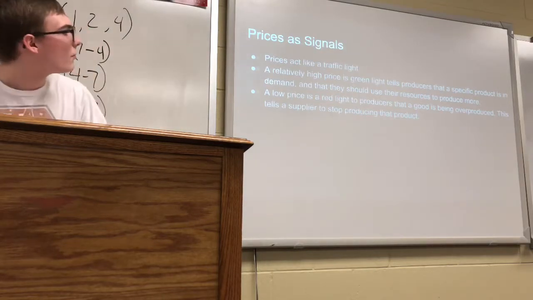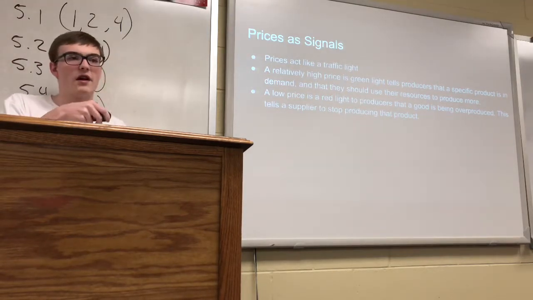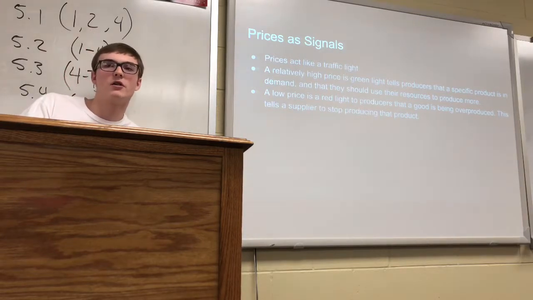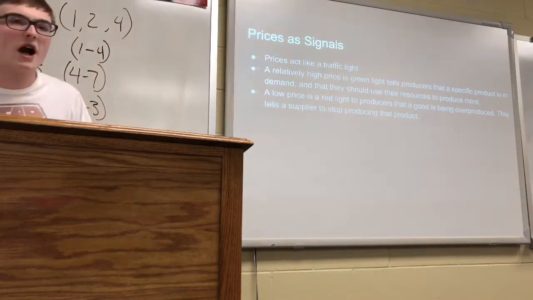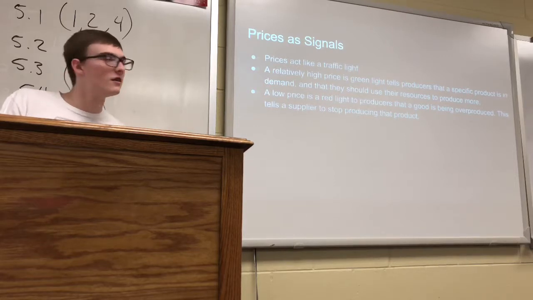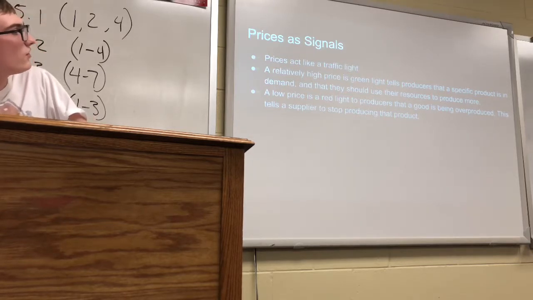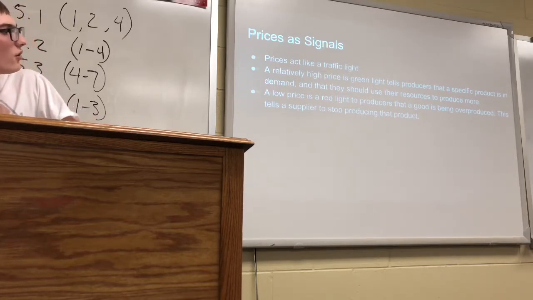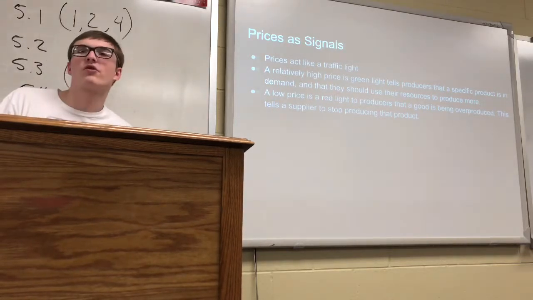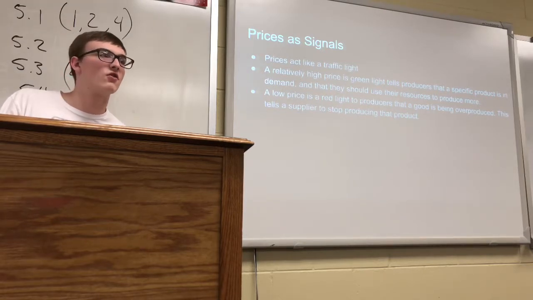Okay. Price signals. Prices act like a traffic light. You got the red light at the top, the yellow in the middle, and the green at the bottom. A relatively high price is the green light. Green money. A green light signals a relatively high price, thus telling producers that a specific product is in demand and that they should use their resources to produce more of that. So when prices are high, green light, go make a bunch of stuff